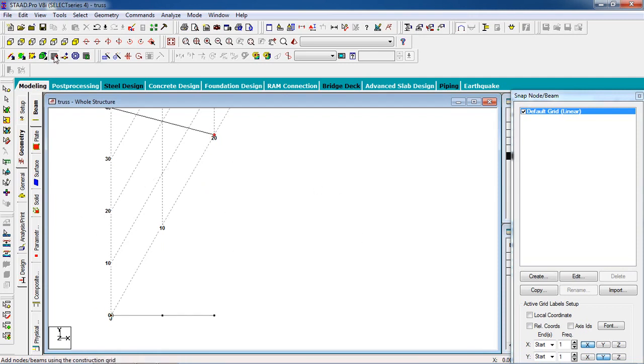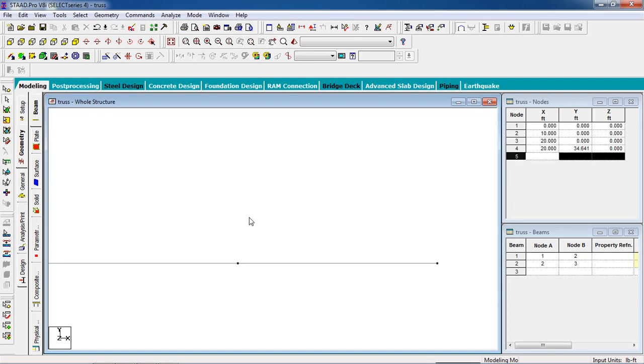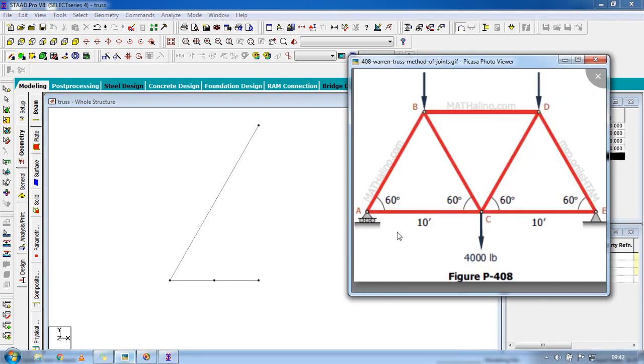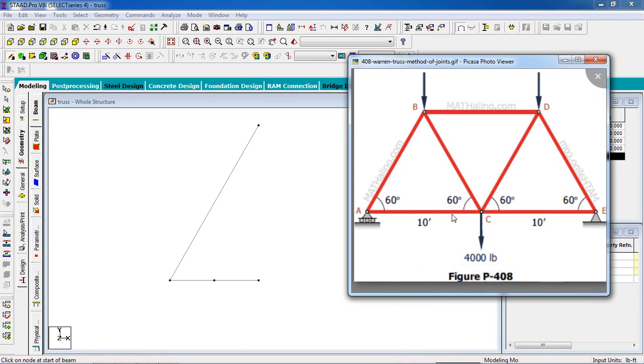Okay, now switch off the grid. Okay, this is 60 degree, so add a beam here. Okay, now this is also 60 degree.